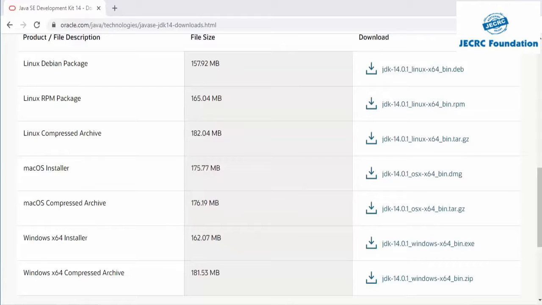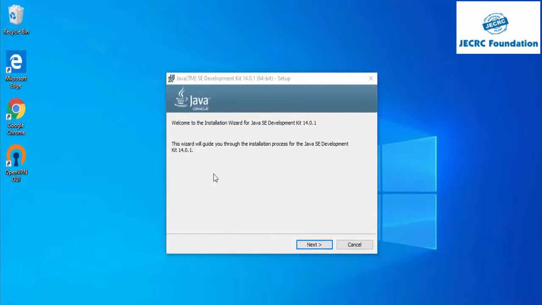Once this executable file is downloaded, we click on it and we can see there is a pop-up with